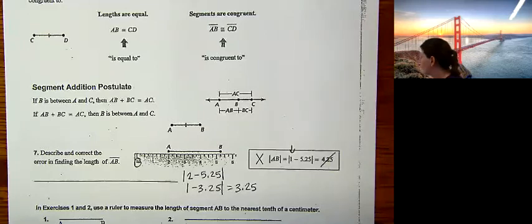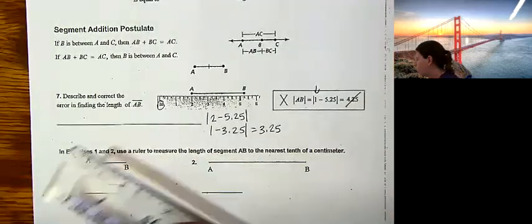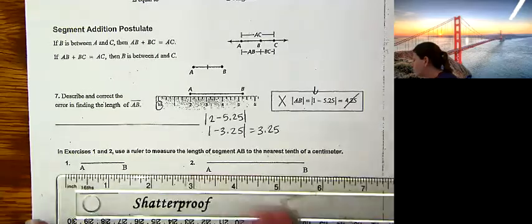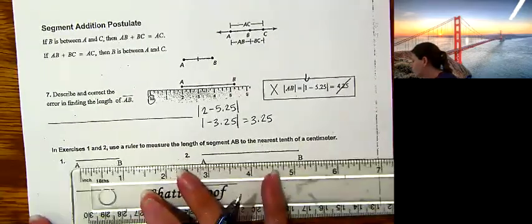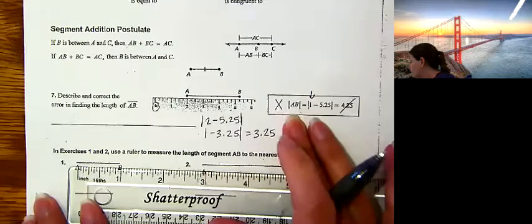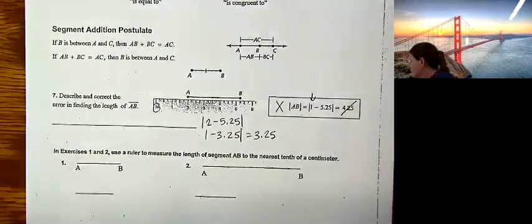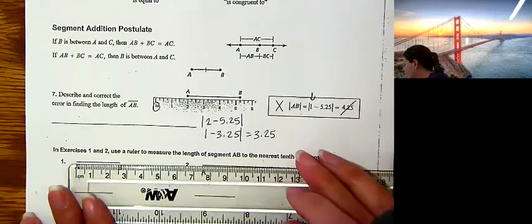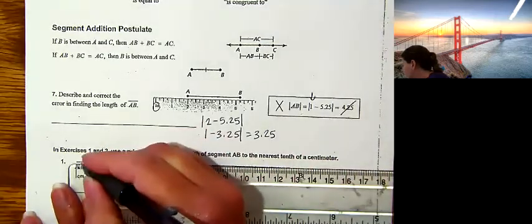Okay. On Big Ideas Math, they are going to have you measure things. So there's a little ruler that'll pop up, and you can move that ruler wherever you want. If you wanted to start it at 0 and make your life really easy, you could. Oops, this one they want in centimeters, so I need to switch this over. So I could easily lay this down and find out that this is